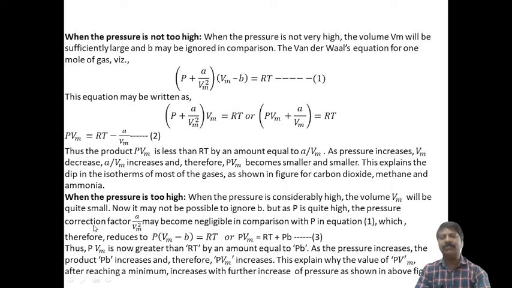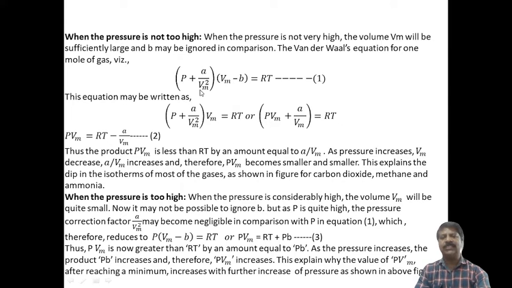The pressure factor, that is A divided by Vm square, may become negligible in comparison with the pressure, and therefore equation 1 can be reduced. A divided by Vm is negligible compared to the pressure. The pressure is too high, and the volume will be very low, so this will be negligible, and from that we can say that A divided by Vm square is negligible,